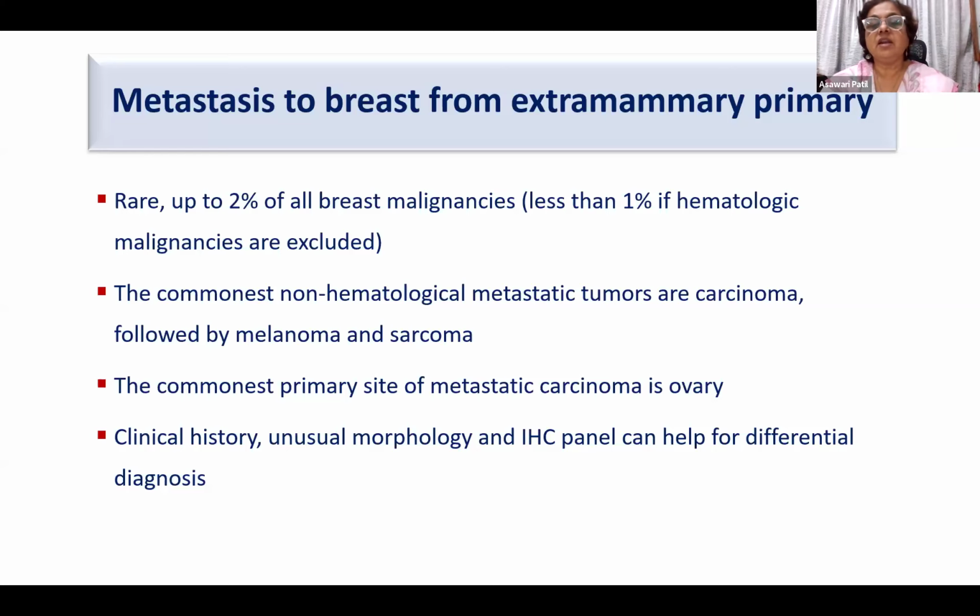So clinical history, IHC panel and unusual morphology are helpful, especially bilateral breast lumps, prior history of malignancy, PET-CT showing other areas which are lighting up and are abnormal. All these things should be taken into consideration. Having said that, it's very easy to miss, especially if it is adenocarcinoma, which may be indistinguishable from invasive breast carcinoma. And especially when it is ovarian, it can be ER positive, and we may not even know that it